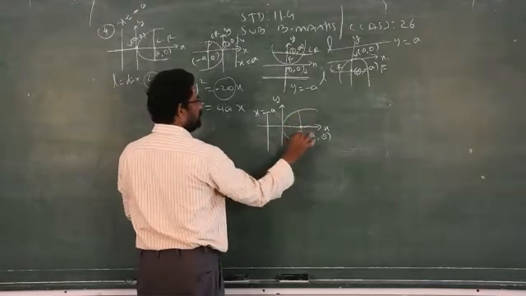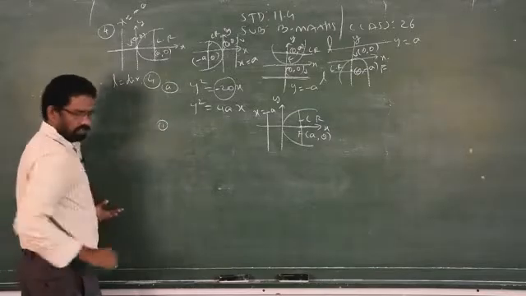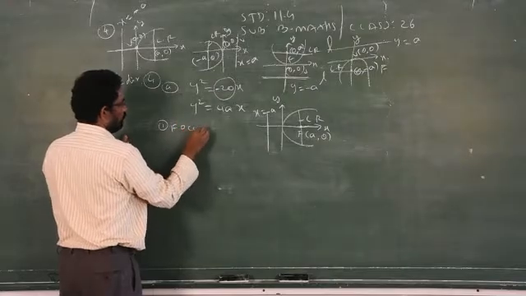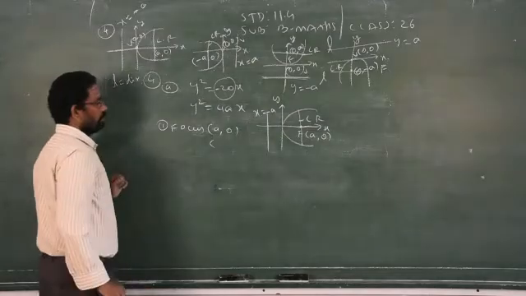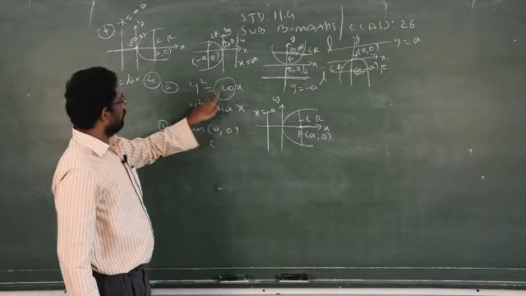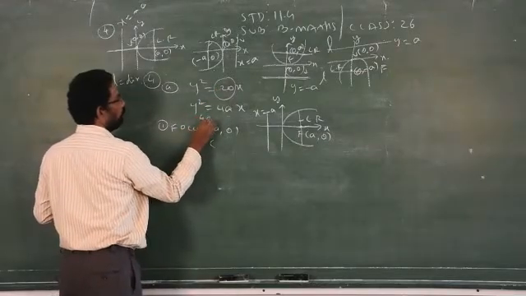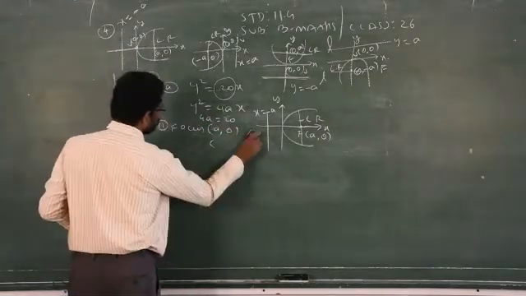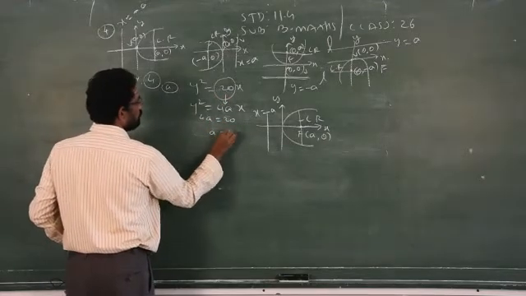Now the latus rectum. This is the latus rectum. Everything gets over. Now I have to find the first one. What is the first one? Focus. Write the general formula first, a comma 0. Before that I should be able to find out what a is. So here what is given? In the place of 4a, what is given here? 20. Therefore 4a is equal to 20, which gives a is equal to how much? Compare these two. 4a is equal to 20, therefore a is equal to 5.